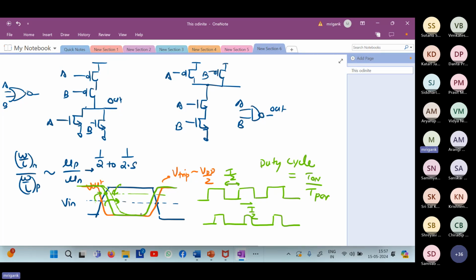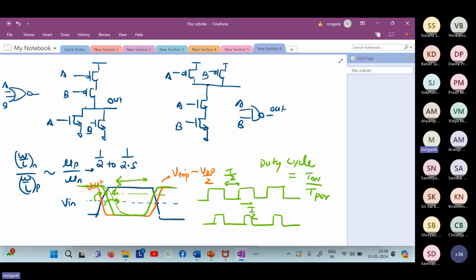And likewise, if the PMOS strength is becoming weaker, then the rising edge will become sluggish, obviously. That will also have effect on rise time, fall time, and will also further degrade the duty cycle, because now the turn on time, effectively midpoint to midpoint, will also be further degraded. So therefore, making the PMOS device equal in strength to the NMOS device is important for rise time, fall time, and duty cycle, so that the trip point being close to VDD by 2 is advantageous for maintaining good rise time, fall time and duty cycle of digital signals.